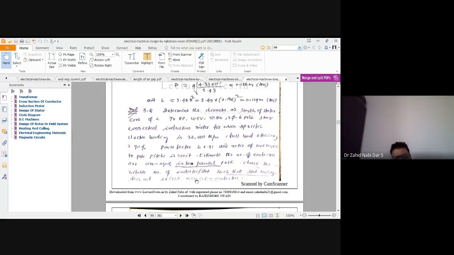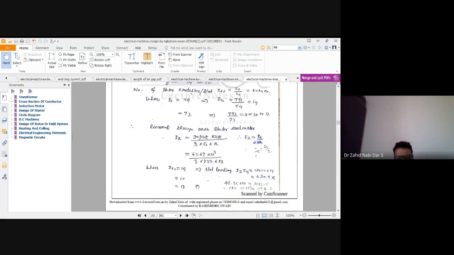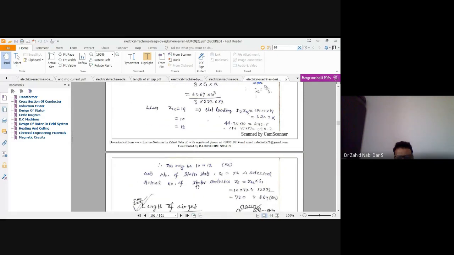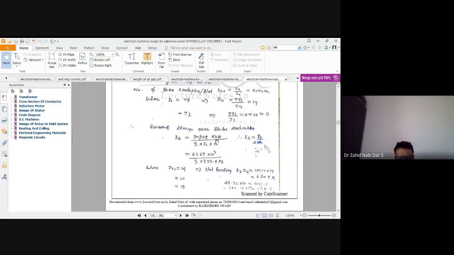This is also a very important point. So once you know that you have these values, now you have to go for the current calculations. Here we can safely assume we have, from the current calculations, the input kVA which we have calculated, 63.6 times 10 to the power 3, the ES value, the A value, and IZ is equal to this value. When we go for the current calculations, we will find a particular value of current.